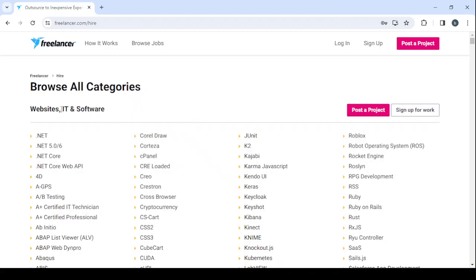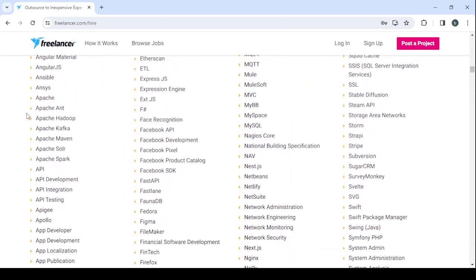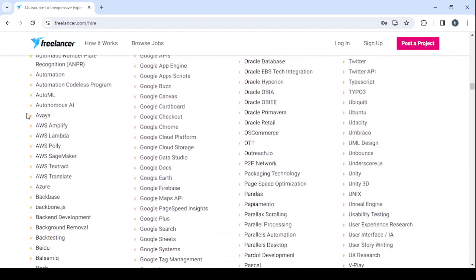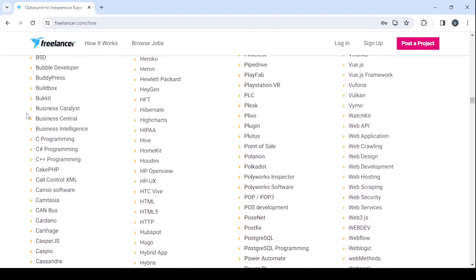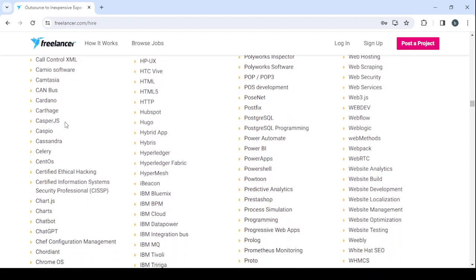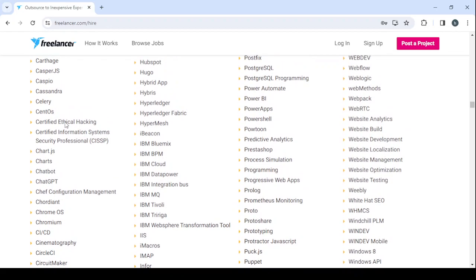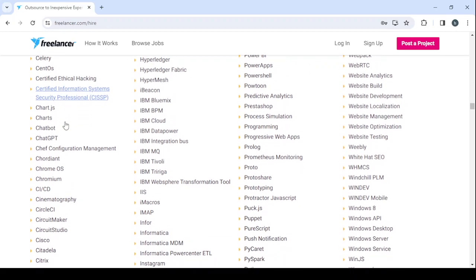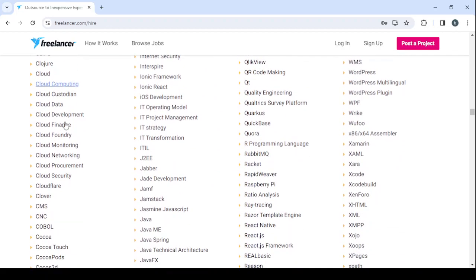Then we'll be able to check all of the skills. As you can see, we have the websites, IT and software category. And I think the cybersecurity expert will be in this category. So let's go to the C. It's A, B. And here we have the C programming, call control, Casper, Caspius, Celery, certified ethical hacking, certified information system security professional, ChatGPT. I need to find cybersecurity,